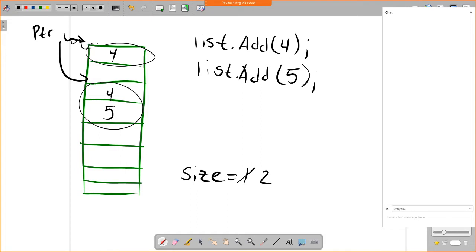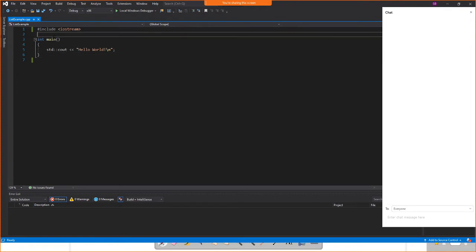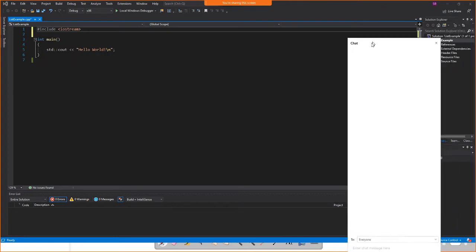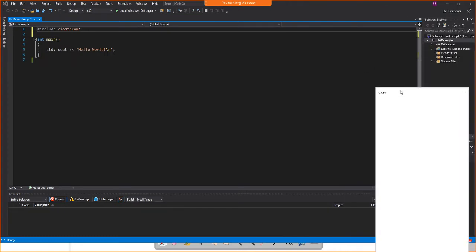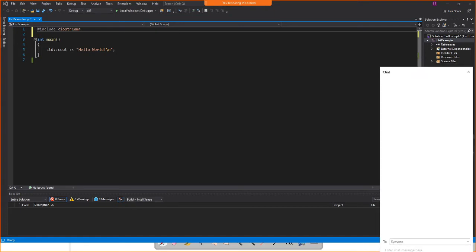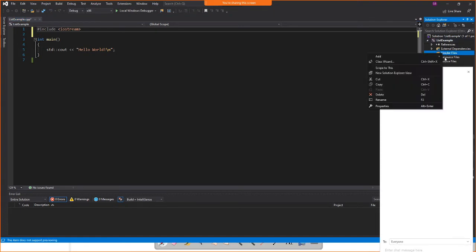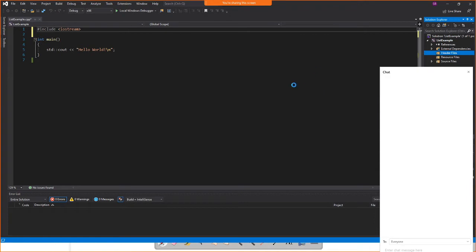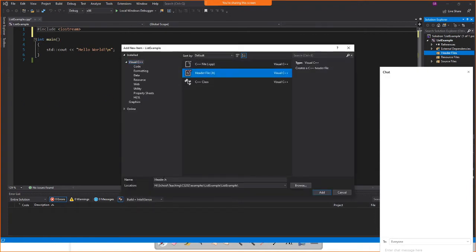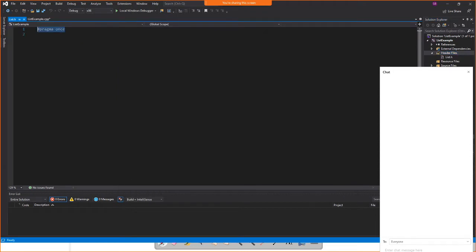So let's just quickly go over here. Let's just make a class. Actually, let's make a header file for the class. Move that down a little bit. So let's make a header file where we'll put this list class that we're going to make. We'll make a new item, make a header file, and we'll just call it list.h. And then we'll not use a namespace. I think it's fine. So class, we'll call this one int list,